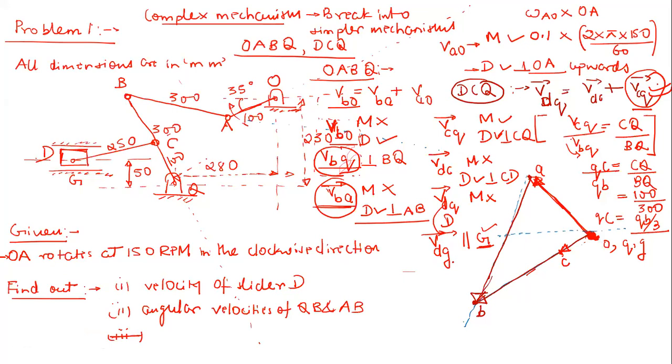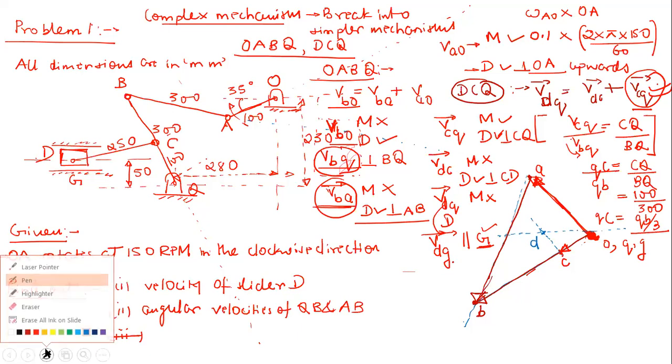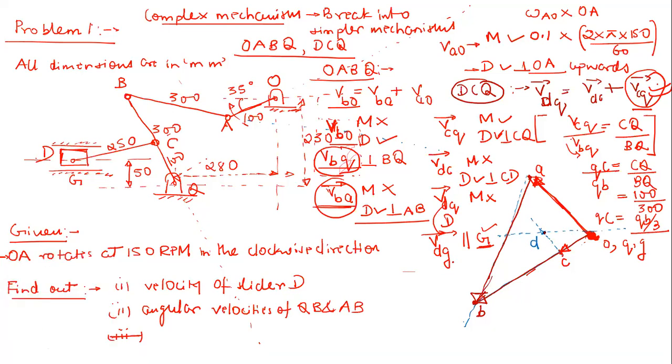Now, after that, again, this VDC. So we also know that the velocity of C with respect to D, this VDC vector, is perpendicular to CD. So now through this point C, draw a line which is perpendicular to this CD. So CD is going somewhere here like this. So now let us draw a line through this. The intersection of these two is going to give you this point D. And then finally, let us draw this with solid lines. Right, and this is your point D.